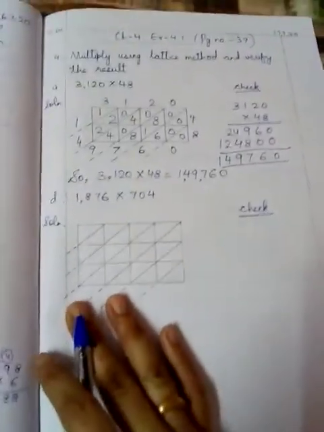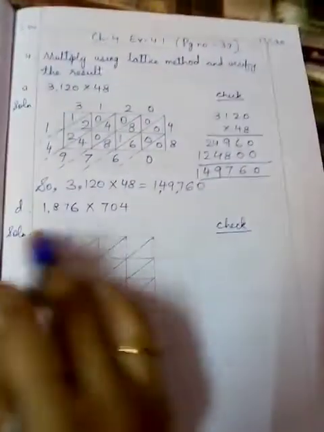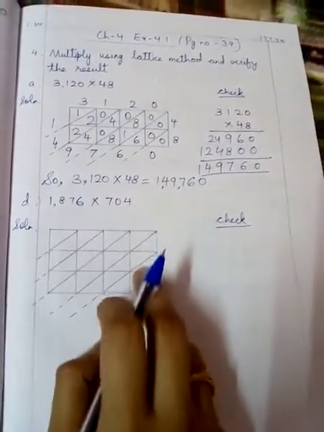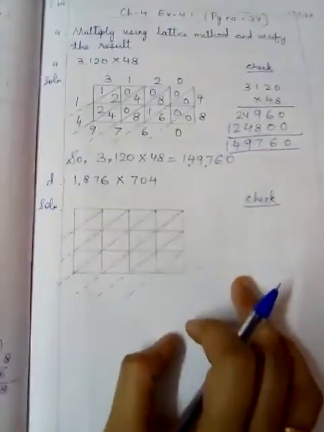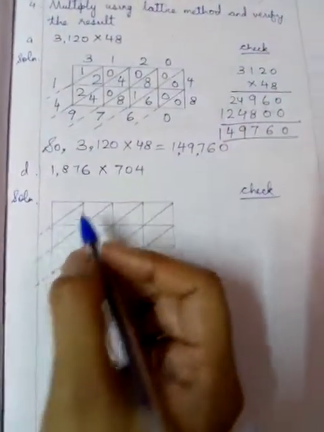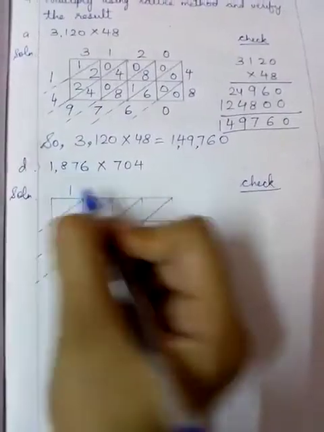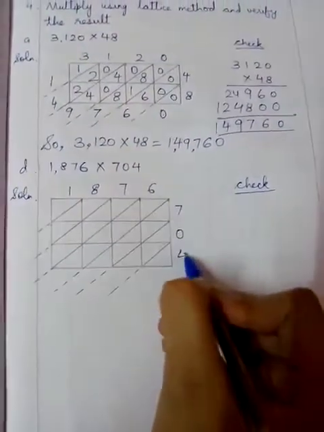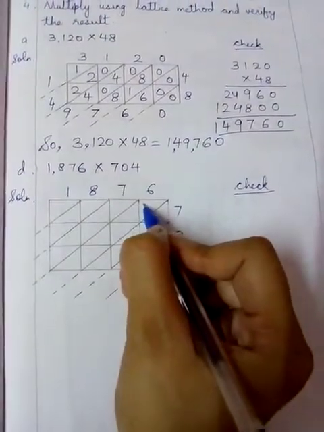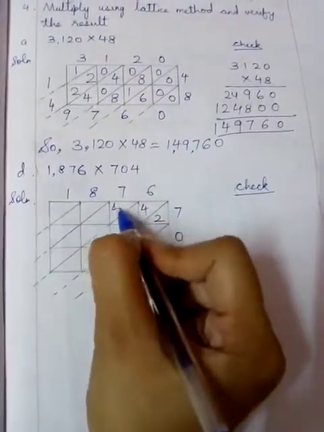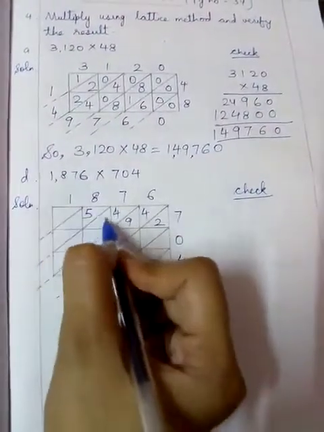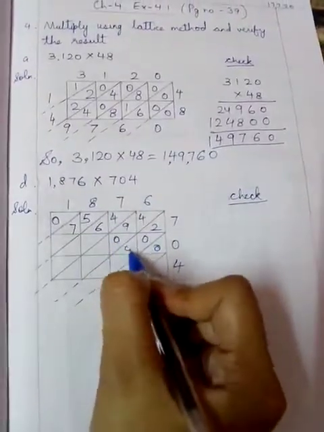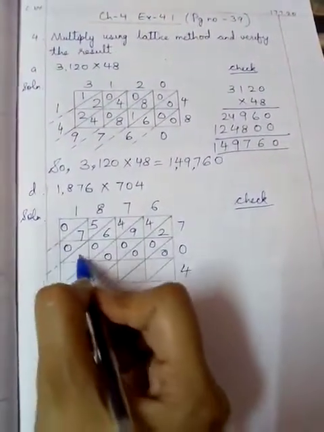1,49,760. Let us do one more question where we have 3 digits. So write them, make a grid, 4 by 3 grid, 4 columns and 5 vertical columns, vertical and horizontal columns. Okay, so start with 1,876,704. Let us start with 7. 7 6s are 42, 7 7s are 49, 7 8s are 56, 7 1s are 7, that is 0 7. So all will be 0 because 0 on multiplication gives 0 as a product.